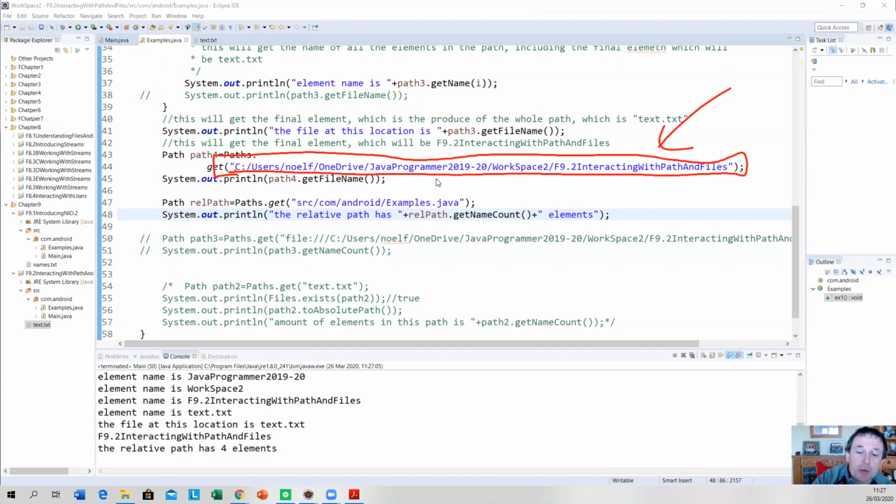So this is only going to be 1, 2, 3, 4. As I said, there is a workaround for this. There is a way for you to count all of these, but strictly speaking, if you have a relative path,